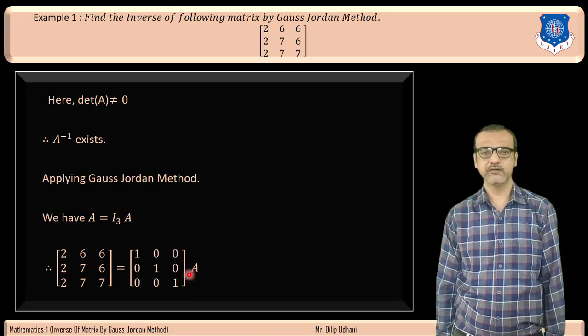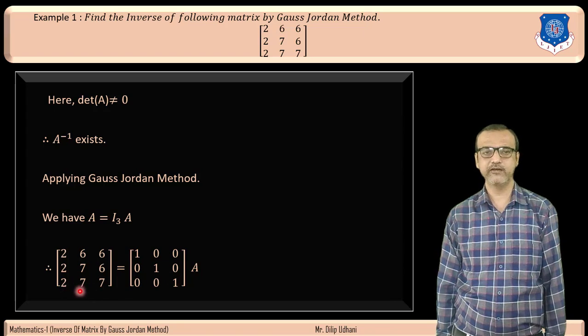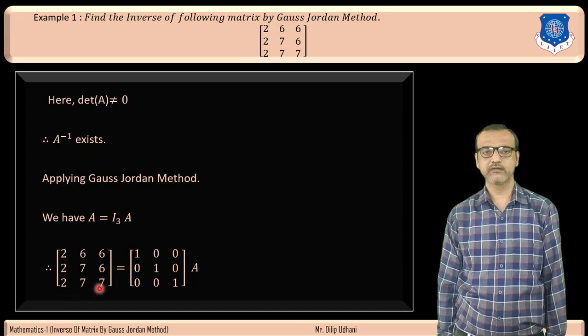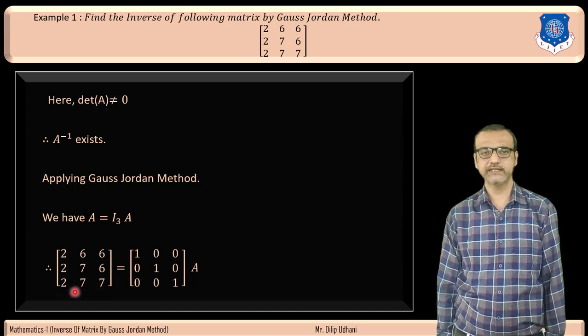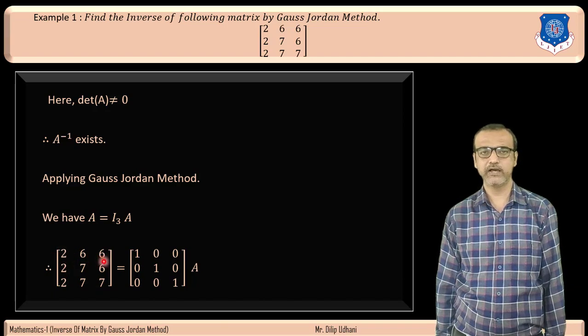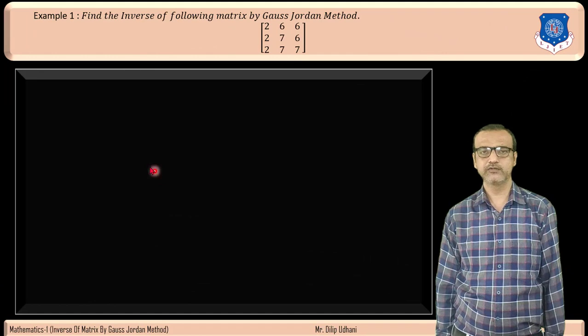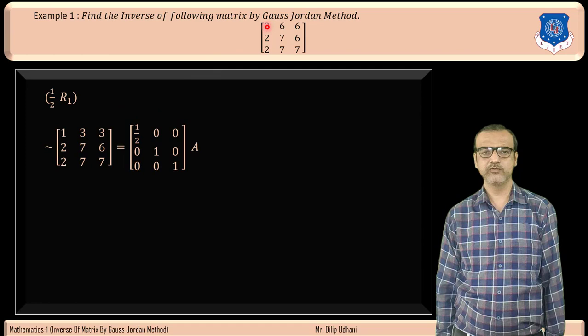Now we will reduce the matrix A on the left hand side to an identity matrix. For that purpose, we will convert the matrix on the left hand side to echelon form. First of all, we will multiply row number 1 by 1 by 2 to make the 2 at position 1 1 into 1. So 2 divided by 2 is 1, 6 divided by 2 is 3, 6 divided by 2 is 3,